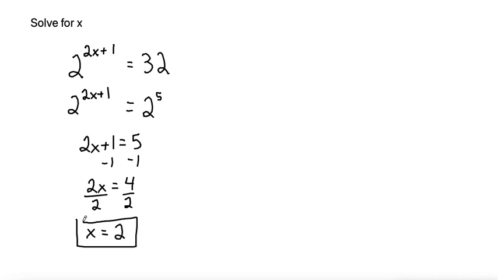So that is one strategy, but it's one you can only use when you can write the number on the other side with the same base as the exponent. To do a more general solution, let me rewrite the problem. A more general solution, for example, if you have a number on this side that is not necessarily able to be